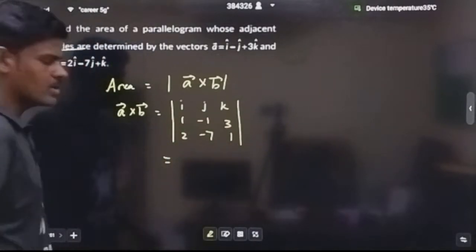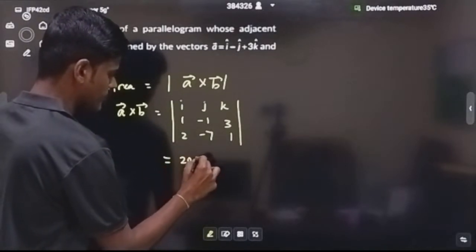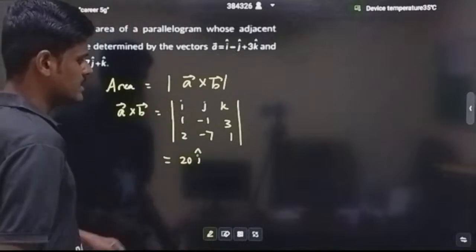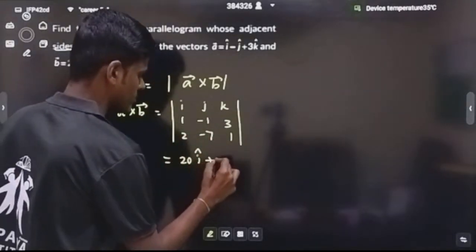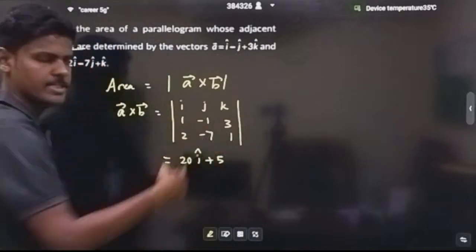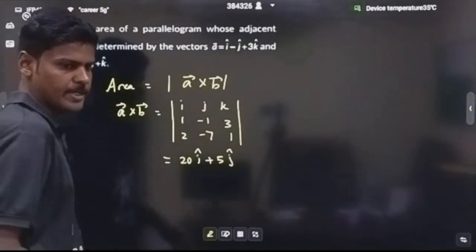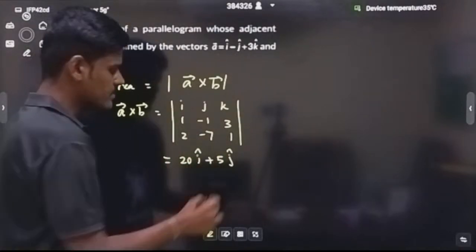Minus 1 plus 21, that is plus 20 i cap, then minus j cap into 1 minus 6, that is minus 5, so minus of minus 5 is plus 5 j cap, then plus k cap into minus 7 plus 2, that is minus 5